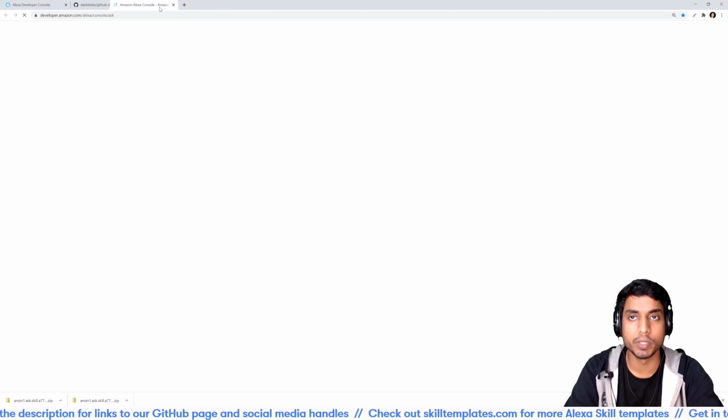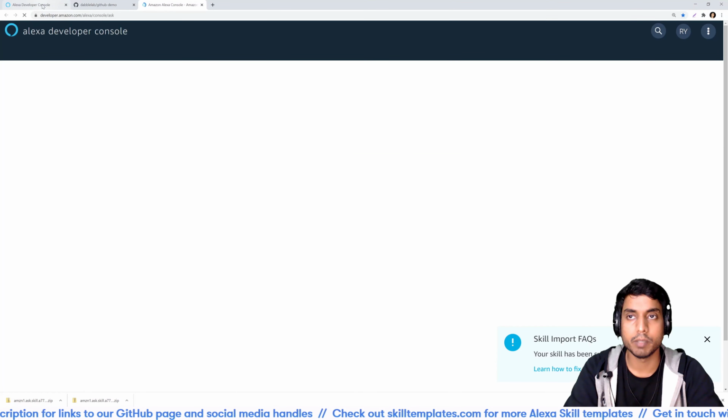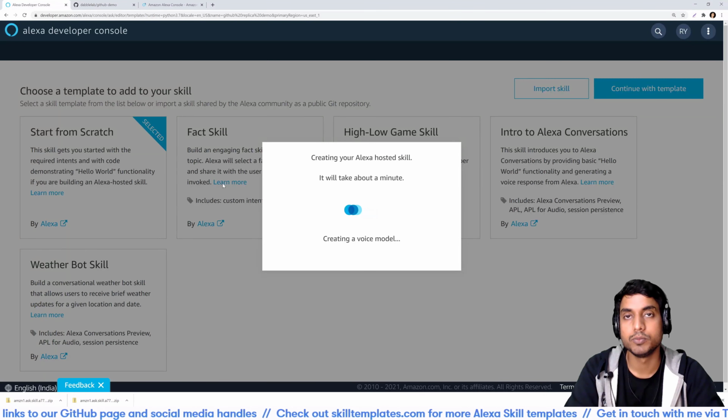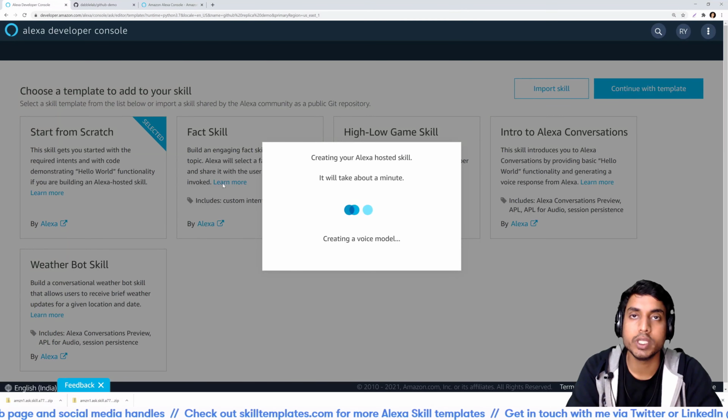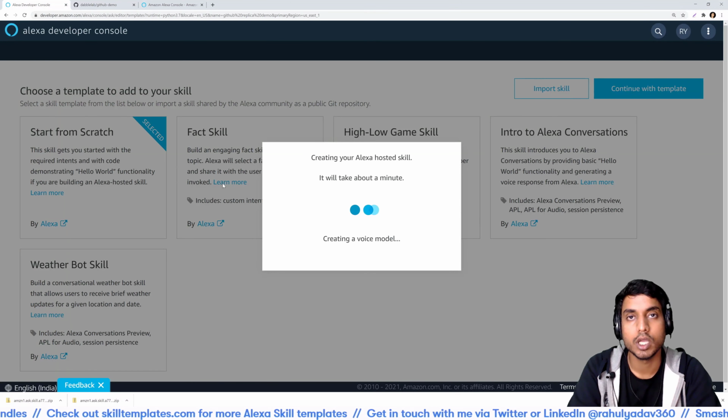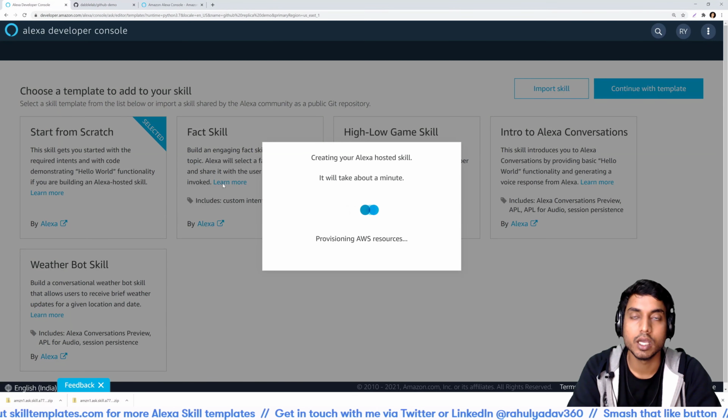While it is being duplicated, let me tell you about what this skill can and cannot replicate. If we talk about the interaction model, the code base, and the manifest settings, the skill will replicate all of those. But things like files stored in S3 and DynamoDB tables won't be replicated.